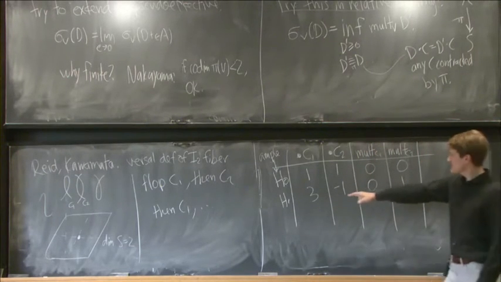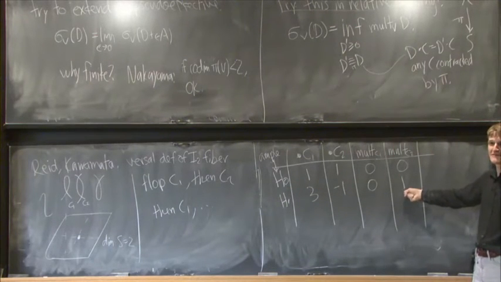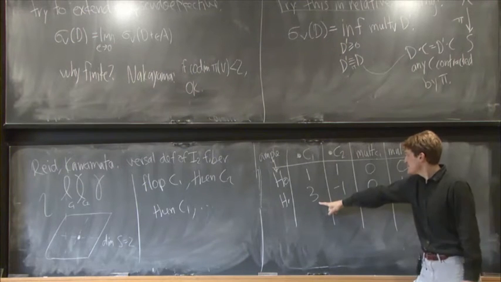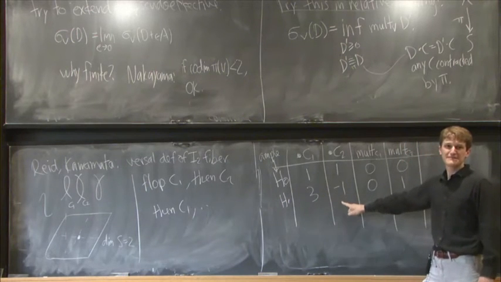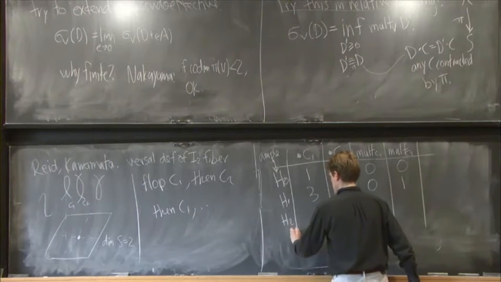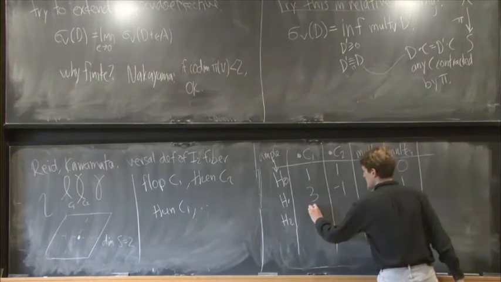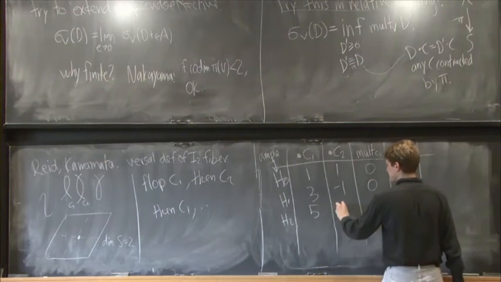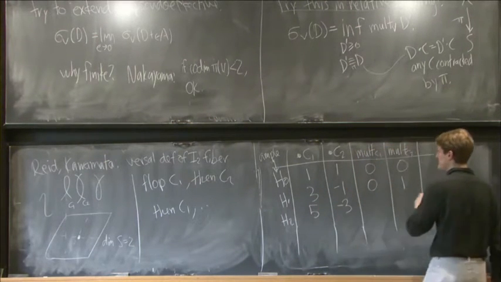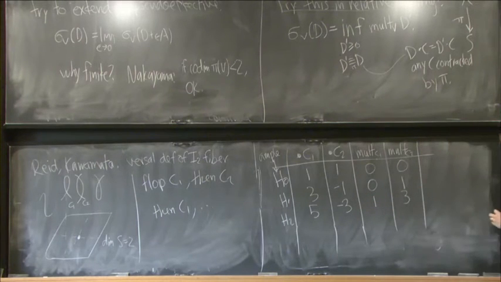If you take the strict transform of your ample under the flop of C1, it gets multiplicity along one of the curves. It increases its intersection with the other, and it becomes negative on the curve that you just flopped. So you could do the same thing again. I mean, it's pretty easy to make these calculations, but I'll spare you. You get something with higher multiplicity, with higher intersection with C1 and with C2. And again, the multiplicities grow like I promised.